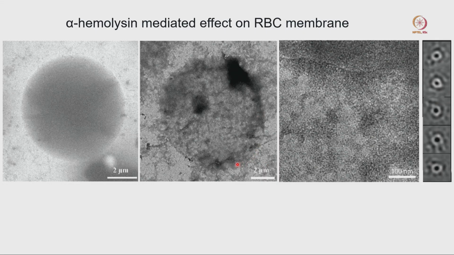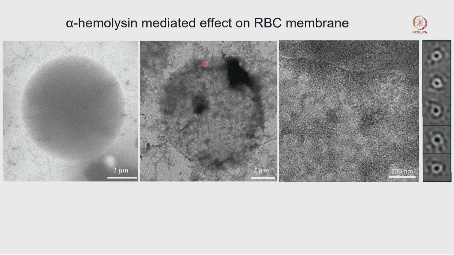Not only that, the smoothness of this outer membrane is completely destroyed, and there is a lot of material coming out from this cell membrane. Now one of the areas we enlarged here to see, can we see that small bacterial toxin here or not. There are many places, if we just look at those areas, you can see there is a circular toxin, and then there is a central hole, which we showed here also.